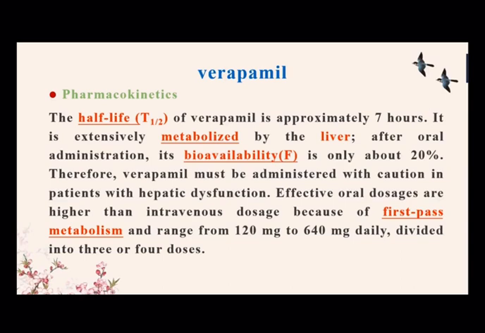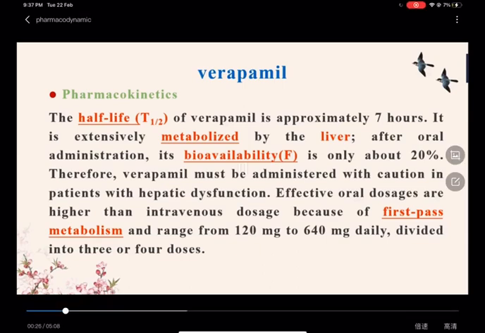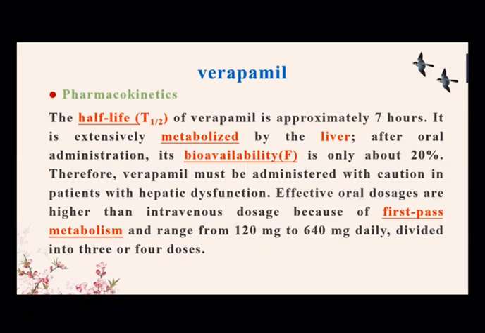Before we begin to study the definite drugs, we should know some terms in advance, or you will not understand what the later chapters are talking about. For instance, let's read this passage. It's about the pharmacokinetics of verapamil, which is a very important drug for antihypertension and other cardiovascular diseases. We will discuss it in a later chapter.